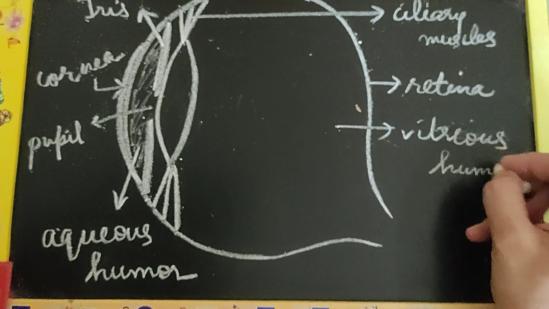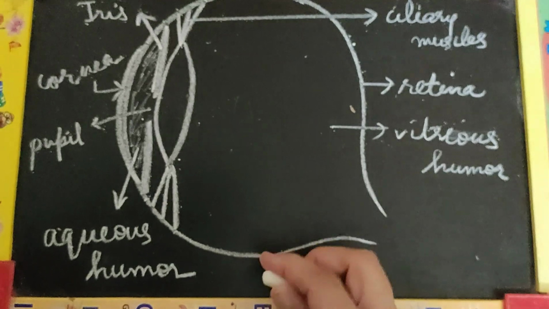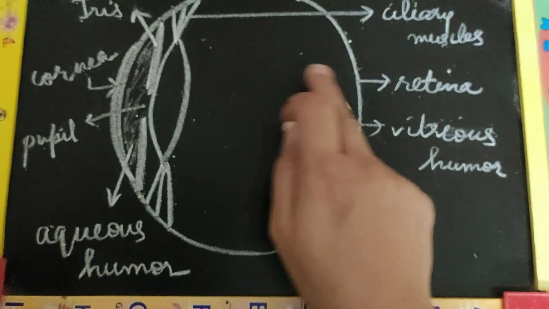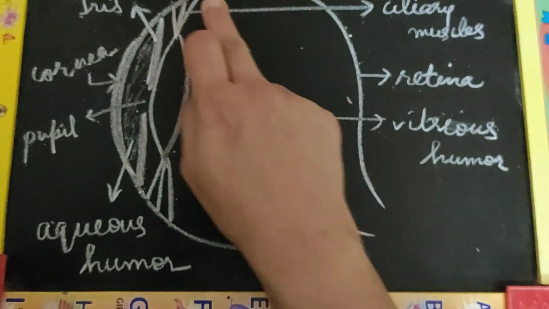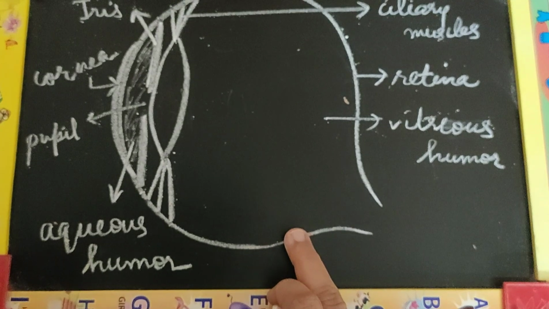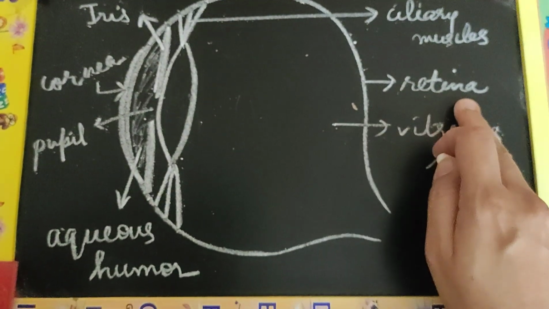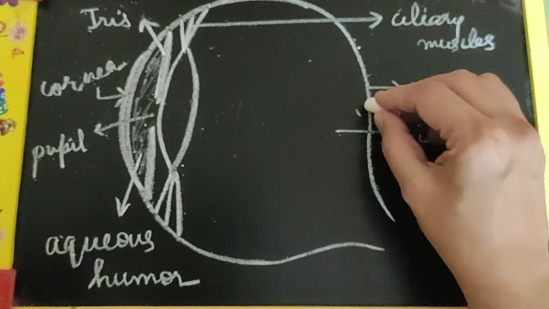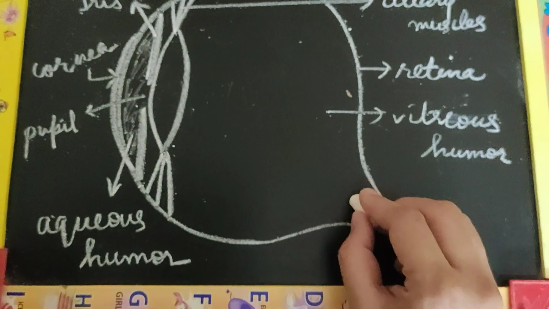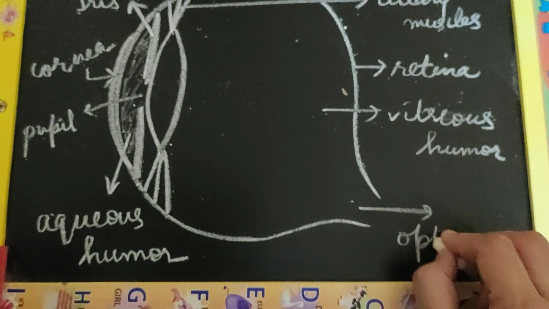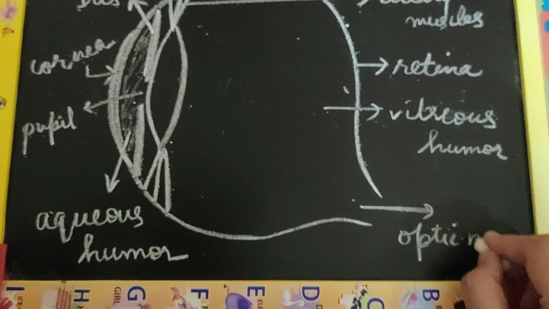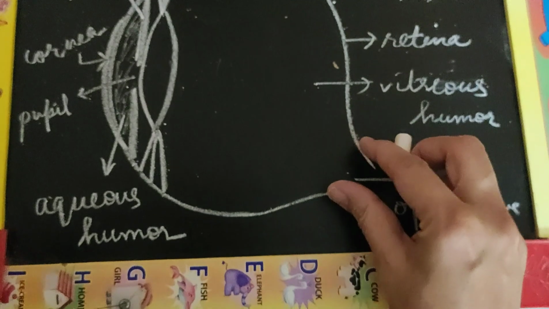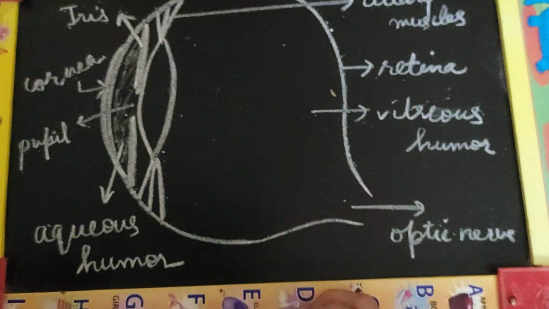Again, the function of this particular transparent fluid is for supporting the shape of the eye and for giving nourishment or nutrition to the tissues present here. On the retina are millions of photosensitive cells which take the signal to the brain via the optic nerve. All these millions of photosensitive cells that I am referring to, their nerve endings are collectively going as a bunch to the brain through this optic nerve.